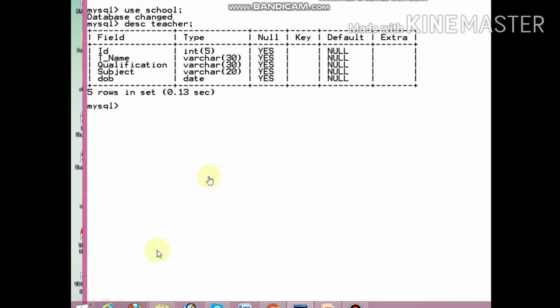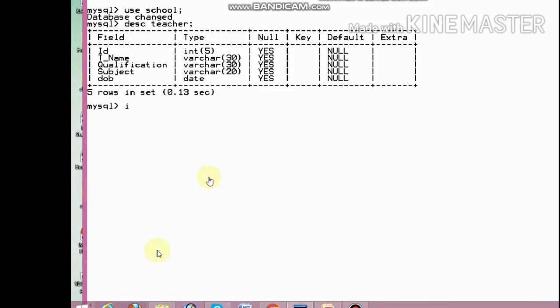See, insert into table, ID, teacher name, qualification, subject, date of birth, bracket close.